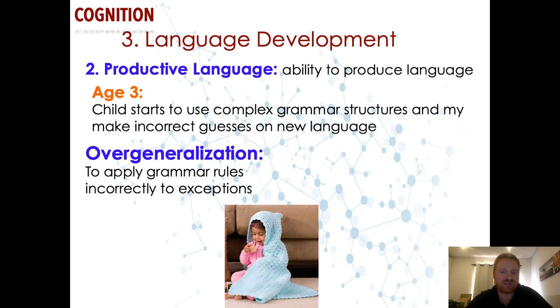If you think of languages, they have certain rules. Like in the English language, if I want to say something in the past tense, I usually just add the letters ed. I add that morpheme on the end of the verb. Talked, stopped, started, all of these things. And babies pick up on that, and they're like, okay, got it, that's the rule. And then they will apply it in incorrect places.